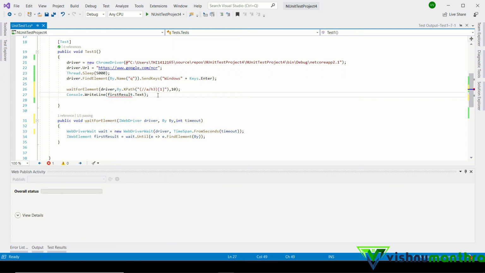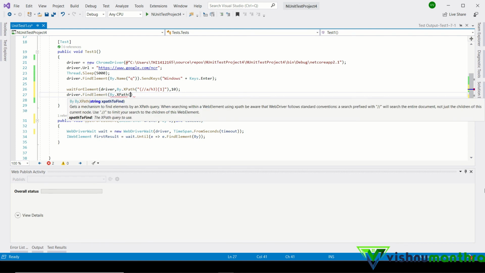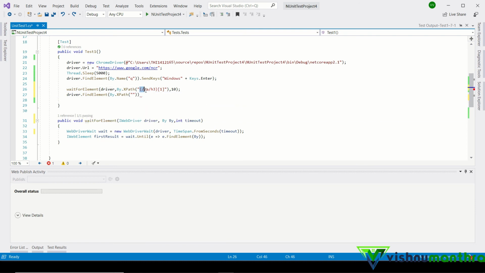So we will get the same results. It won't make any changes for us. I will anyway try to find the element and try to click on it. So we already printed it, so to make a change I will just try to click on it rather than waiting for it. Sorry, after waiting for it I will click on the element.